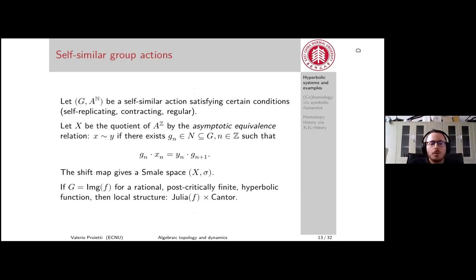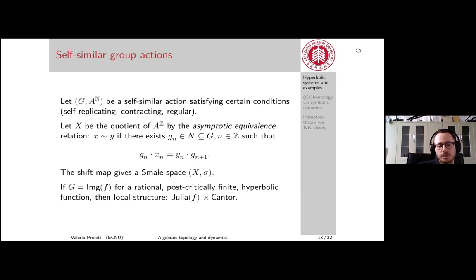So one more example coming from maybe group theory and self-similar group actions. Here there is some jargon that's kind of technical to self-similar group actions. It's not too important for us, so I'll be brief on these conditions. We have a group acting on a finite alphabet A, and we can let it act on